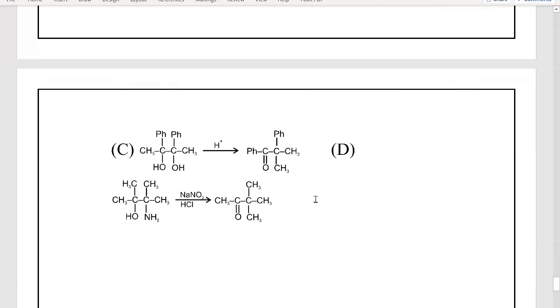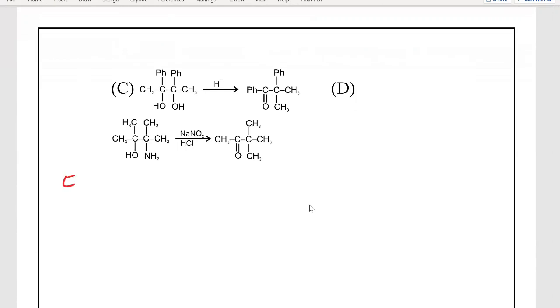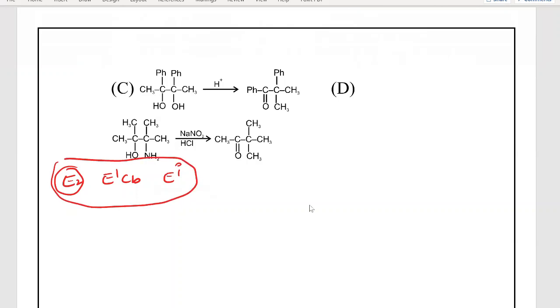In the next video, what are we going to discuss? We will discuss the E2 reaction. And after that, we will go through E1CB. And after that, E1. After completion of all these types of elimination reactions, we will discuss previous competitive questions from NEET as well as IIT. Right. That will help you a lot to estimate the type of questions asked in the previous examinations, meaning the standard level of the questions in the previous examinations. So that helps you a lot.